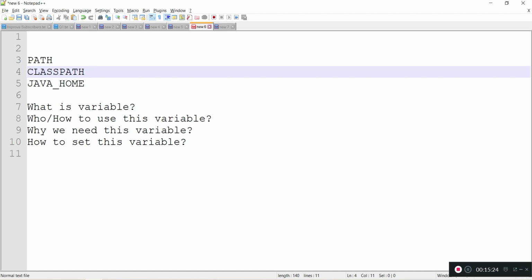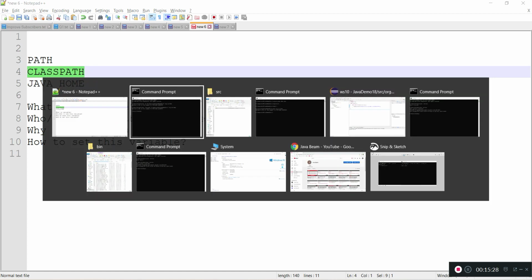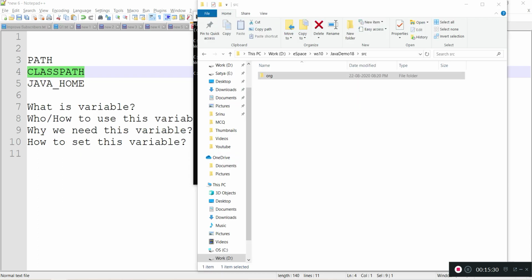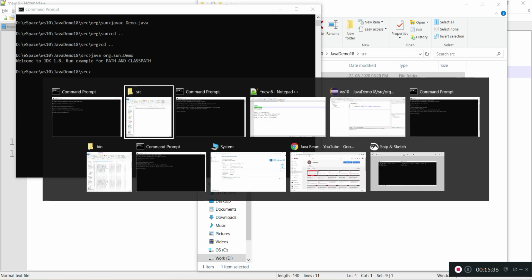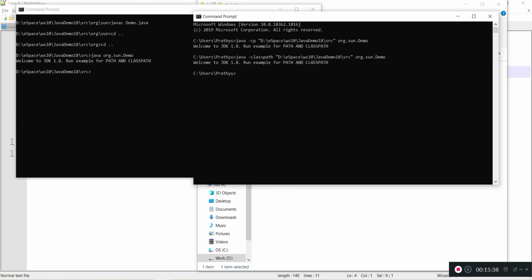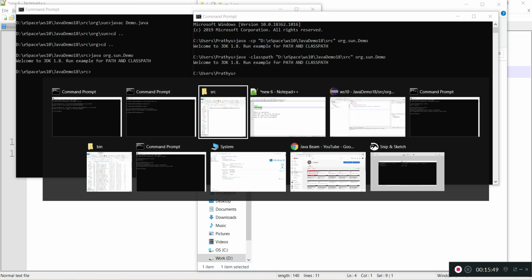So this is about classpath. You understood how to set the classpath and what the use of classpath is. Without using classpath, every time I need to go into the root wherever the .class files are to execute those. But with classpath, I can directly run the files, and I do not need to go into that particular path. I just need to set the path so that I can run from anywhere. That is the use of classpath.